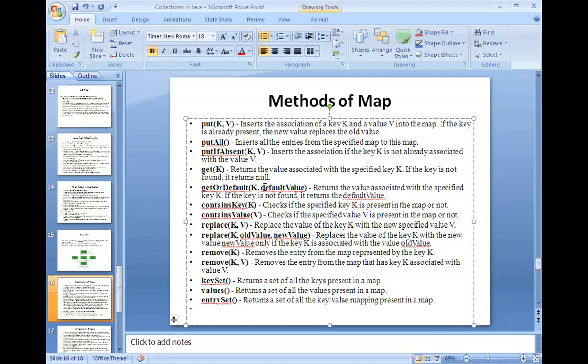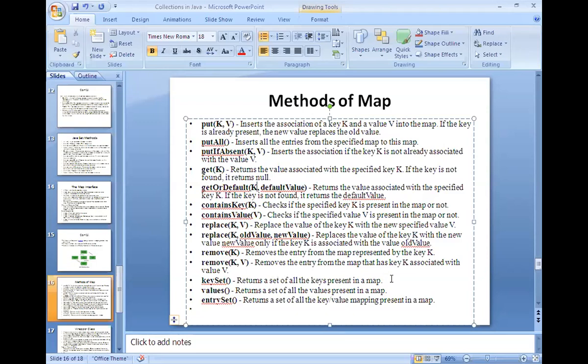If you don't supply anything, whatever default value you have specified will be associated with the key, right? And contains is for searching, replace simply replaces the old value with the new value, remove is for deletion, and then keySet and values.